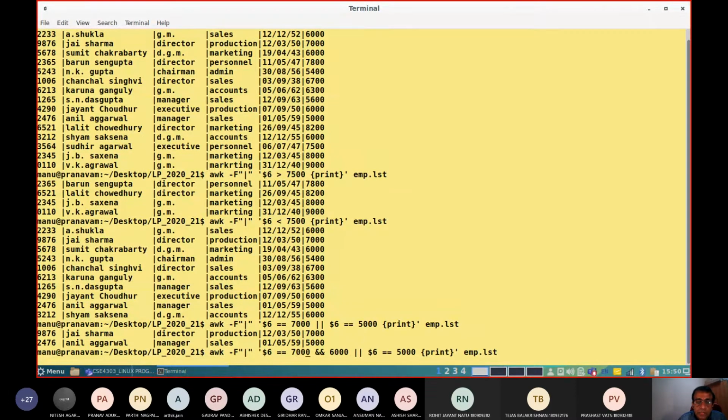Anyway, in a given line, I can compare one particular field. If the sixth field is 7,000 and you can also say the first field is a matching parameter, say 9876.